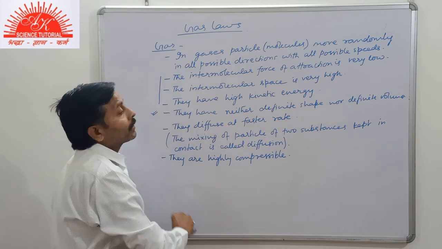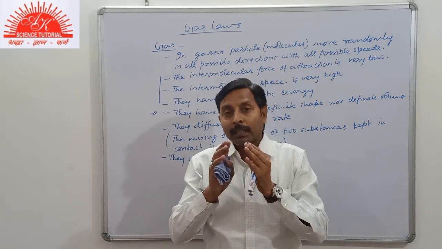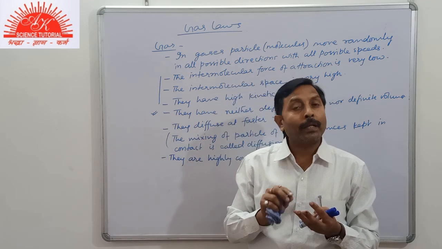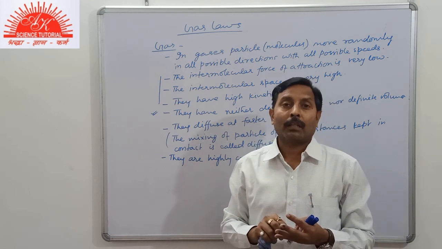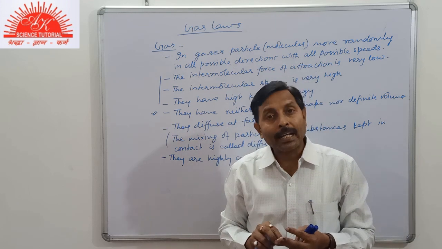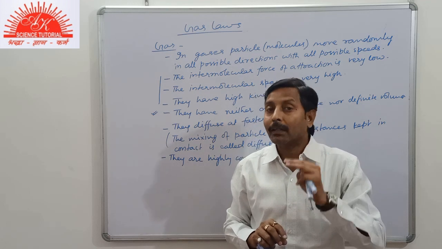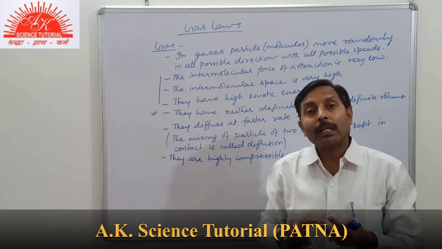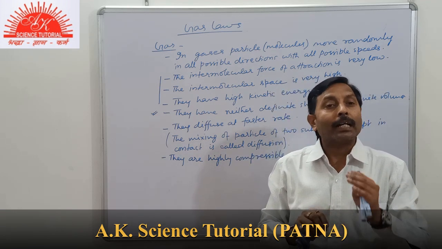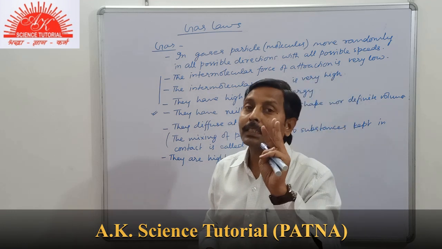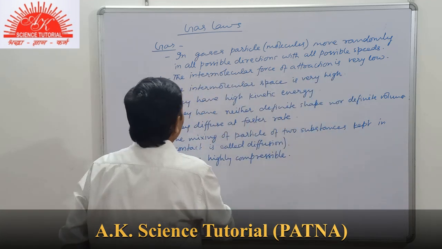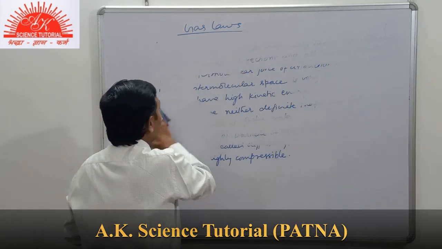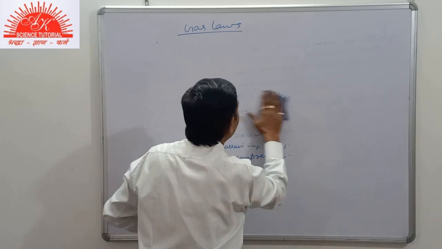So these are the different basic properties of gases. Now we see, students, that in gases there are three standard variables. Means the behavior of the gas is affected or described by three basic variables, standard variables called temperature, pressure and volume. Means a gas is described by using these three characteristics. So now we can describe here one by one the three variables or factors along with their units.